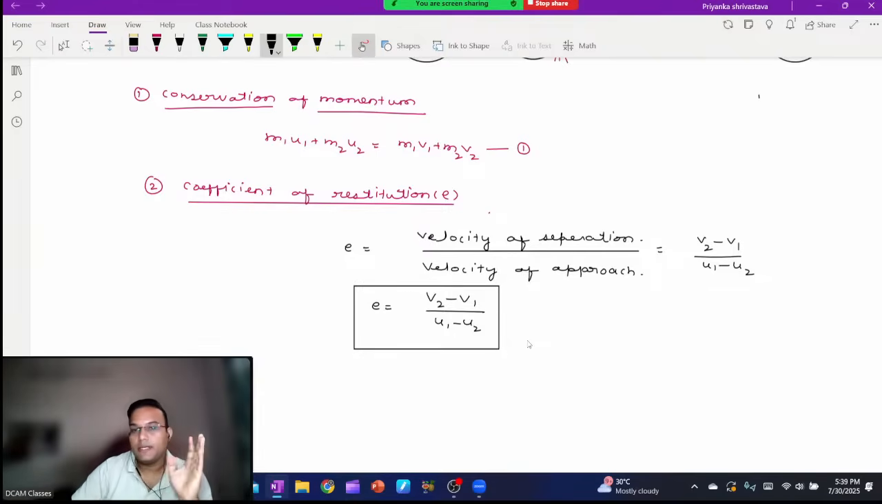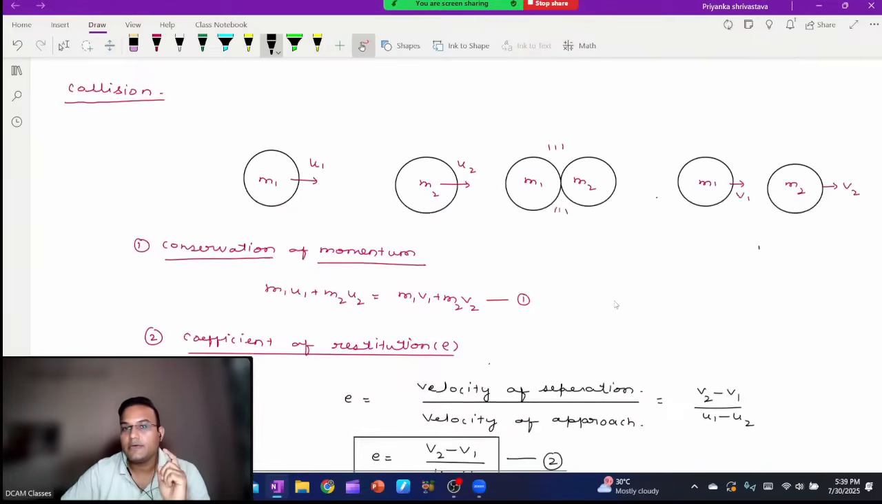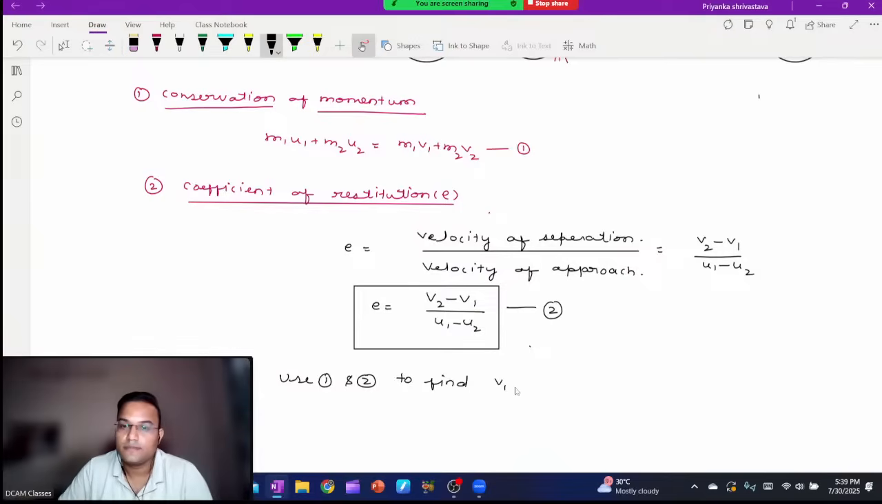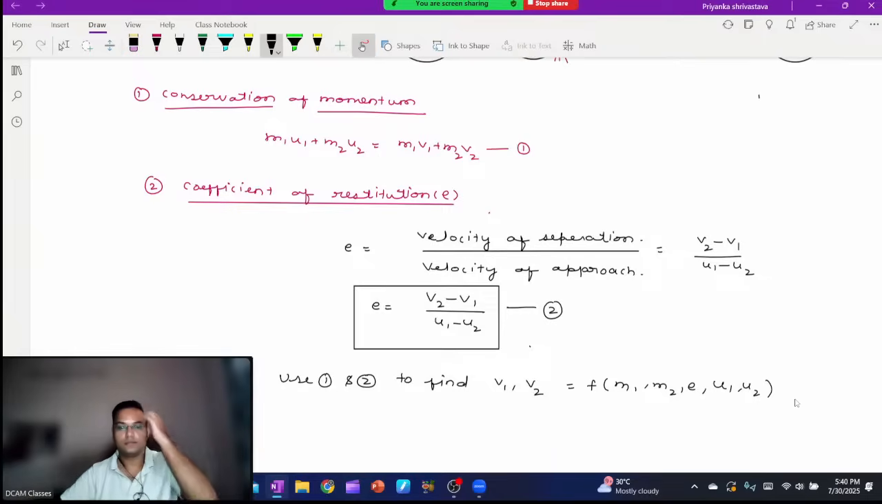अब तुम लोगों का काम ये है, यूजिंग दिस फर्स्ट एंड सेकंड इक्वेशन, use 1 and 2 to find v1, v2 as a function of m1, m2, e, u1 and u2। क्वेश्चन की तरह सॉल्व कर दो। फर्स्ट एंड सेकंड इक्वेशन सॉल्व ही करनी है, बस कर दो फटाफट।